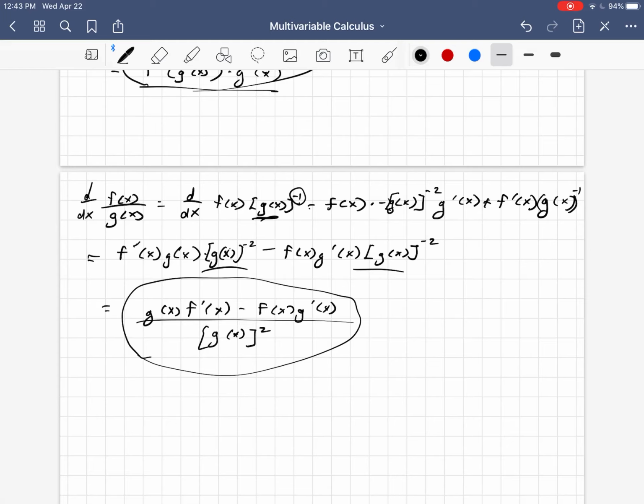And that is the quotient rule. There's the chain rule and then the product rule. And so you can see that the quotient rule is pretty ugly, and I try to stay away from it as much as I can. Product rule and quotient